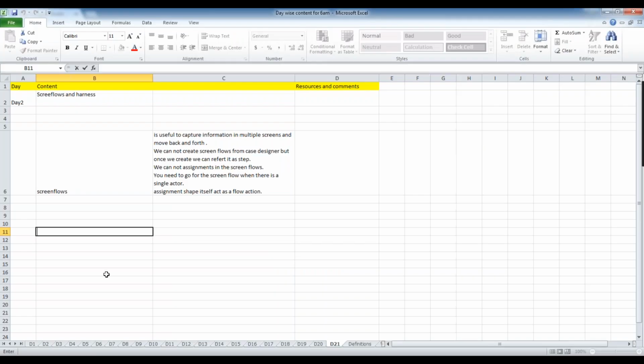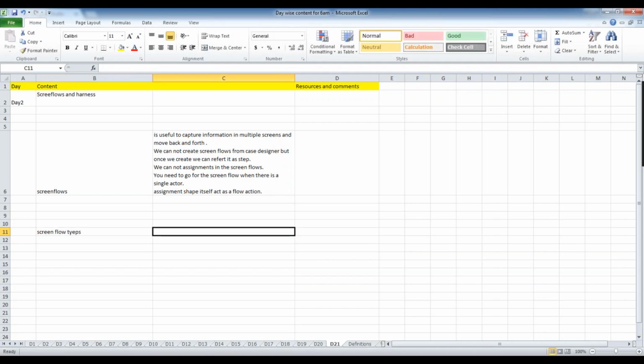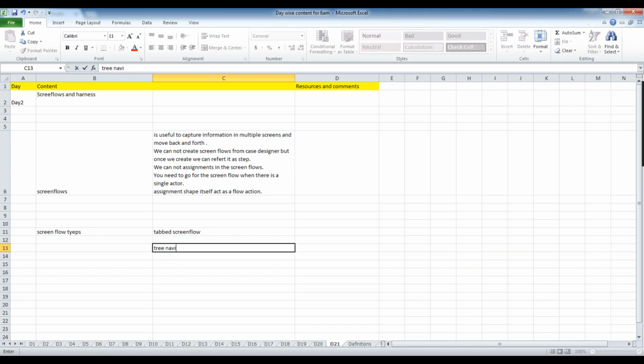In screen flows, we basically have three types. Look and feel wise it's just three types, but functionality wise everything is the same. The screen flow types are: tabbed screen flow, where everything is seen in tab format; tree navigation, where we see everything in a tree structure; and perform screen flow.